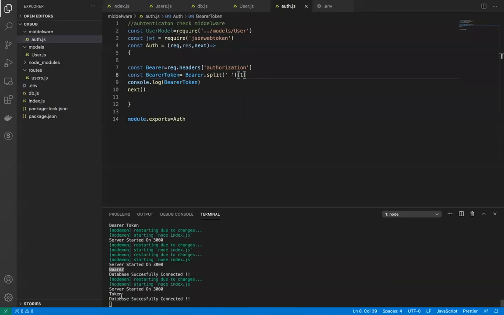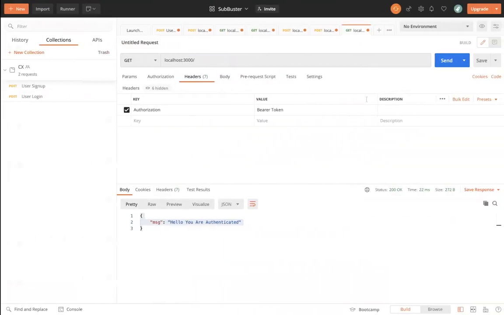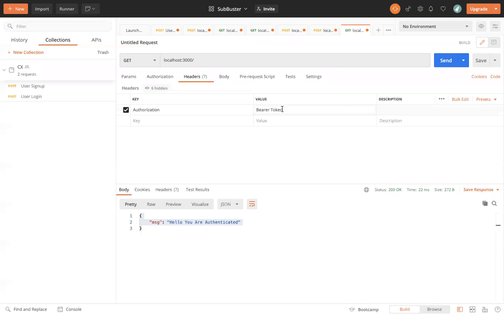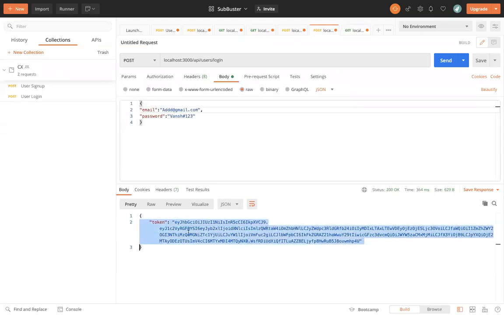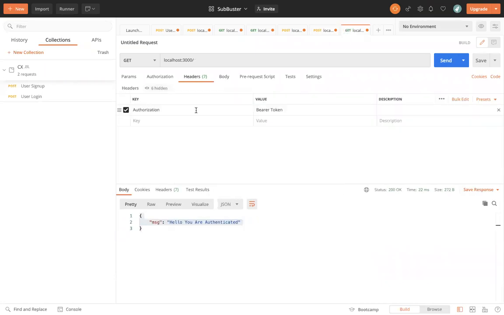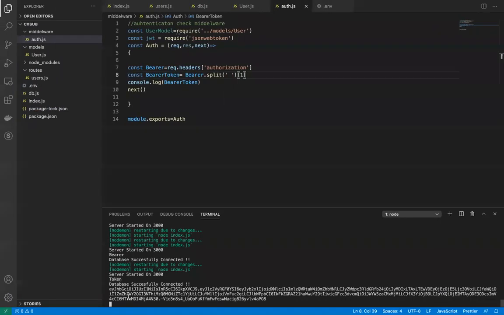So you can see it is now extracting the token, because here we will have a JWT token written. If I go there and get this token again, because it might have expired, it has only a 5-minute duration, I will go to this particular part and write this. Okay, so I will send it, and you can see I am able to get the token over here. Once I have this bearer token, I want to verify it.